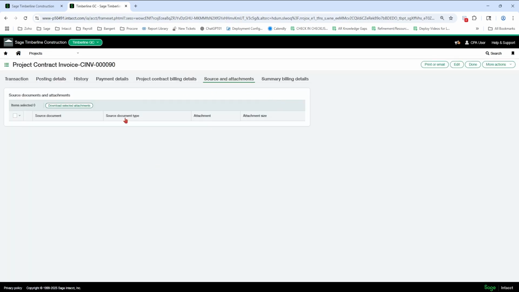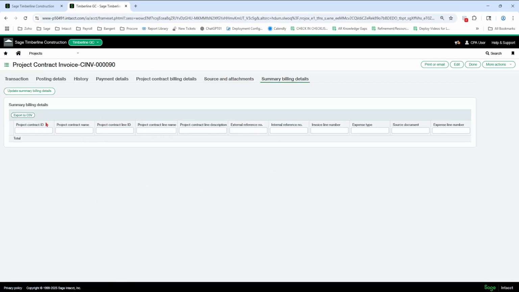Source and attachments. This is for time and material billing. It's going to attach the PDFs of the bills if you have images in the system. So Sage Paperless pushes the bills in, or you'll have an attachment of that actual subcontract invoice, your AP bill, and those will be listed here. You can create a zip file manually. You can also email out this invoice form and have that zip file go as well. So I'm going to show that here in a little bit. So that's what this tab is for.